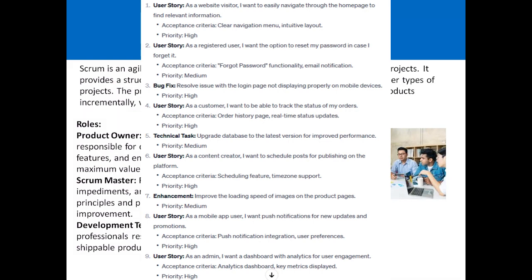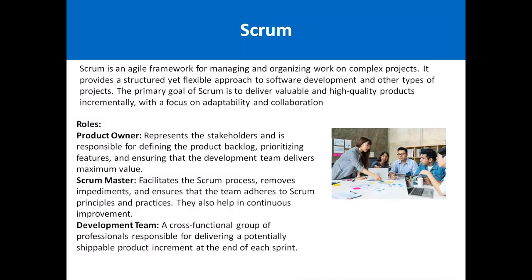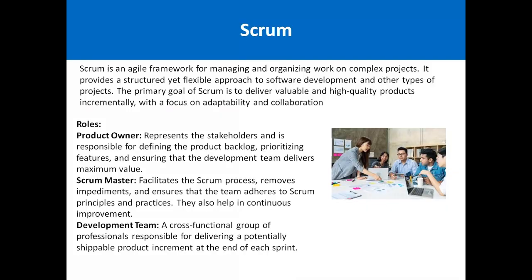So you can think of the product owner as a bridge between the customer and the Scrum team or the development team. Then the Scrum Master. Scrum Master is basically a facilitator, a person who facilitates the team. He has the knowledge about the Scrum framework and methodology. He ensures that during the execution of a project, all principles and practices of Scrum are followed, and he also ensures that things are improved continuously, and if there are any impediments, issues, or roadblocks in the execution of a project, they are removed as well.